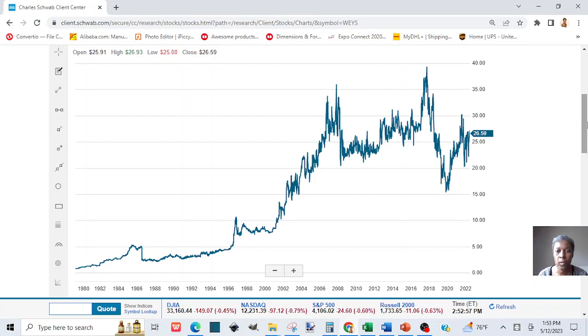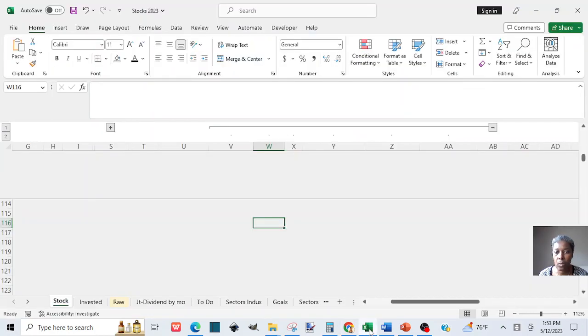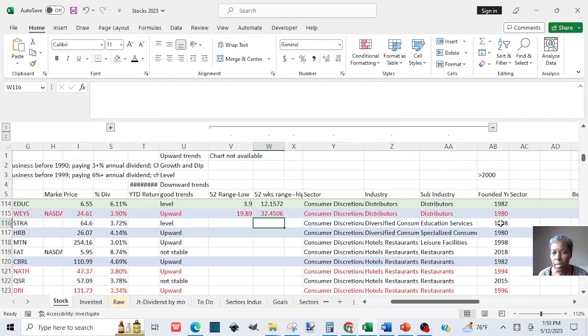So for the Wiko, you can name the chart the way you want to name them, depending on how you feel about them. This one I will say upward trend. I could say growth and dip as well, but it's 1980, and this one technically I will say growth and dip. So 1980, let's go to 1980. Yes, we have that, and we put upward for it. I'll leave it like that, but